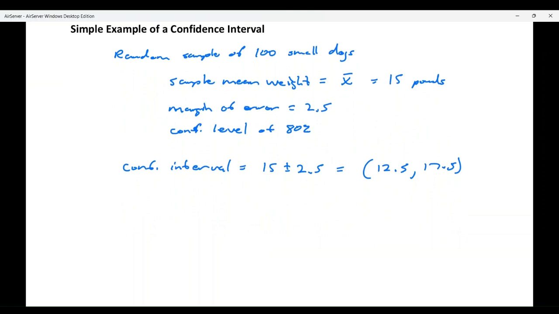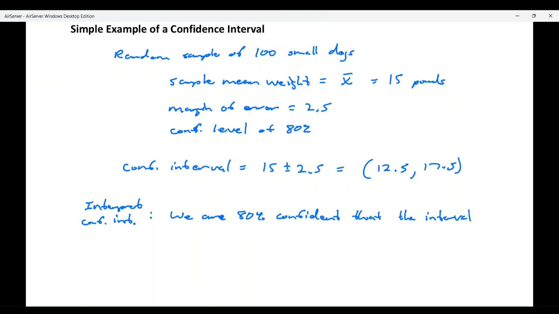So to interpret the confidence interval, I would say something like, I am, or we are, 80% confident, because that's the confidence level that I used, that the interval 12.5 to 17.5